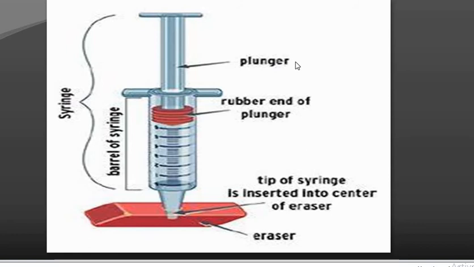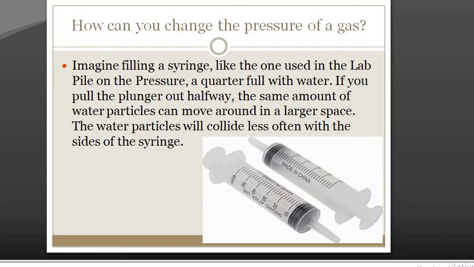This is a plunger and this is a syringe, and we use this syringe in the experiment to understand the relation between pressure and volume. Now if I have this syringe again and I try to fill up all this syringe with a liquid, so